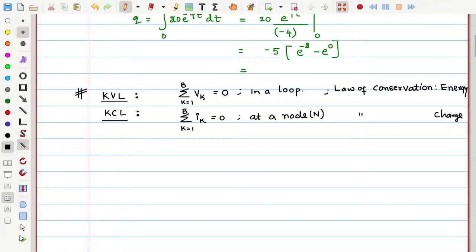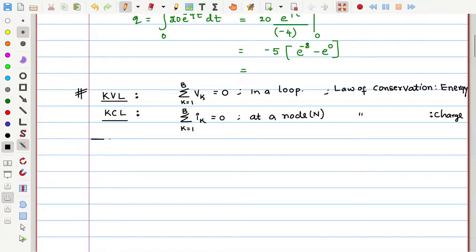Law of conservation of charge. So these three are the important points. One is, the algebraic sum of voltages in a loop is 0. These are the 2 points. Another is, it depends on the law of conservation of energy. The algebraic sum of currents is 0. These are applicable at a node, and the law of conservation of charge is the basic history behind the derivation of this